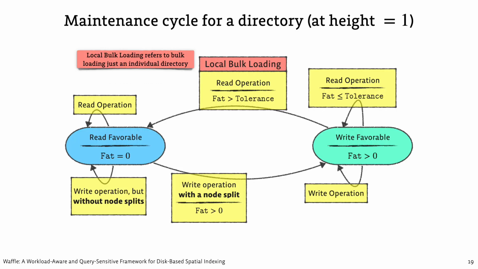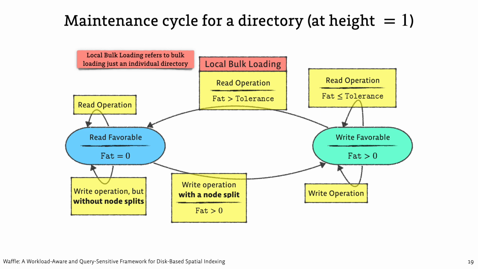In more detail, this is the maintenance cycle for a directory. Let's say we begin at a read favorable state where FAT is equal to 0. This is the same state Waffle starts in when fully bulk loaded. In this state, read operations are most effective. And even if there are write operations, as long as they don't result in node splits, Waffle remains in this state. With more frequent write operations, which lead to node splits, the FAT may become higher,